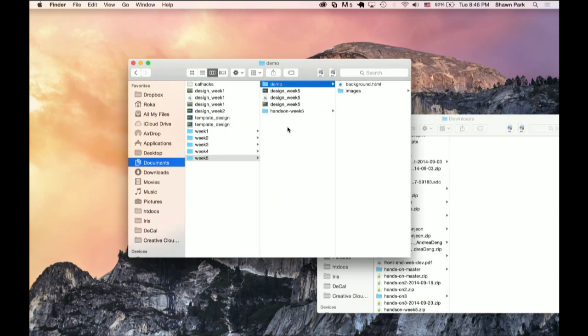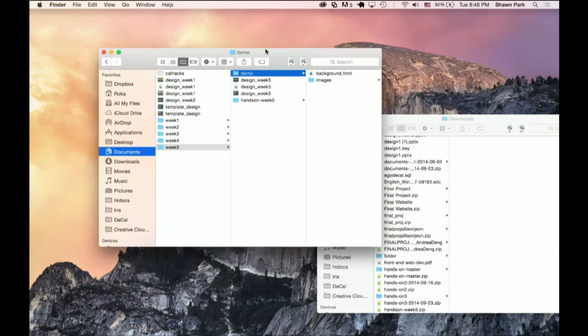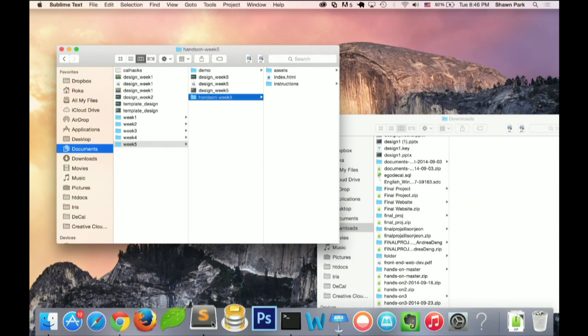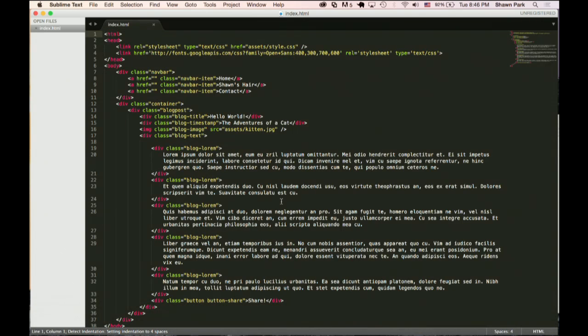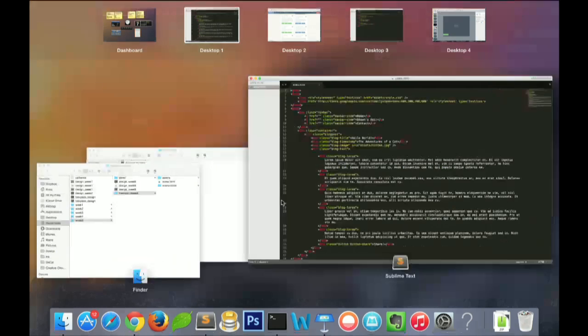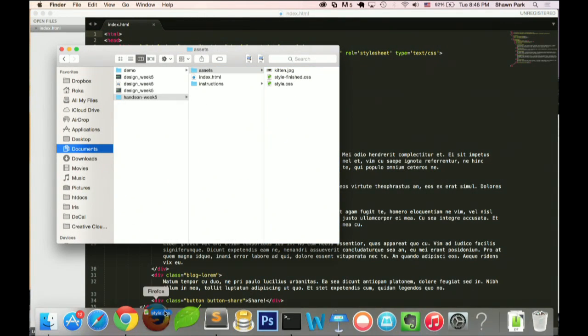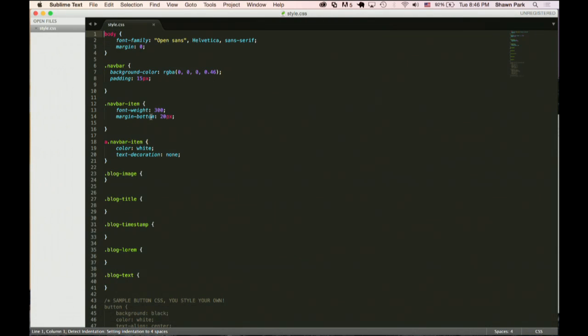If you haven't already, you should download the files for the hands-on week 5. We're going to manipulate the index.html.